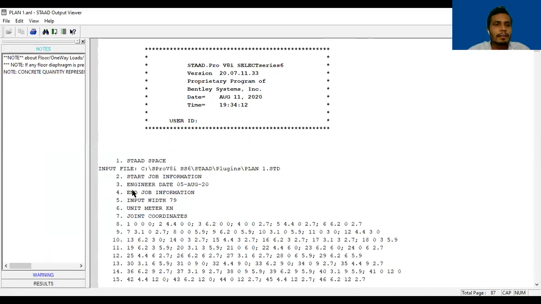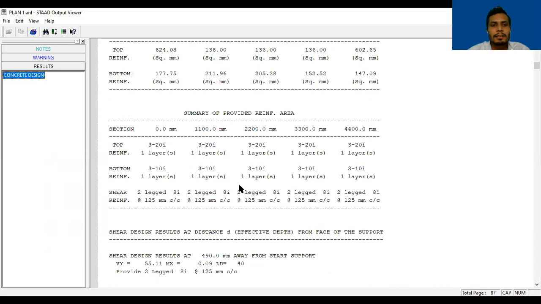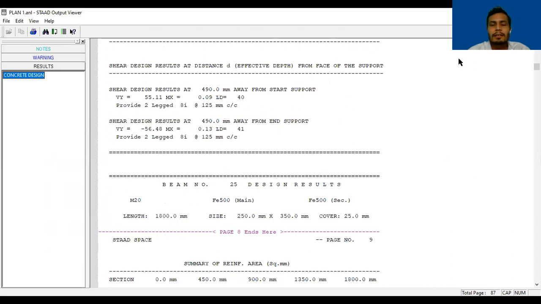It shows a result for individual beams. It will not continue the beams. And in the interactive design, it will consider a beam along its length and show you a result along the full length of the beam. If there are 3 beams in a row, then it will provide reinforcement along that.